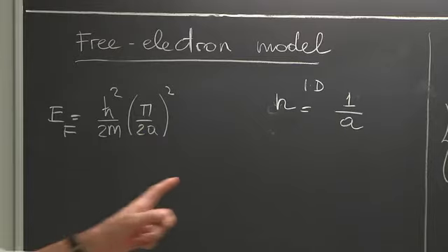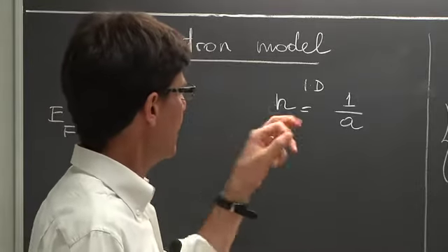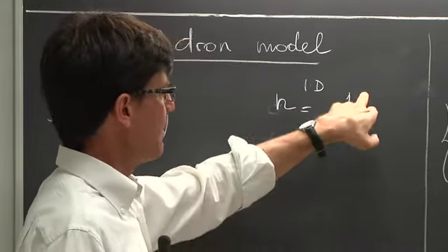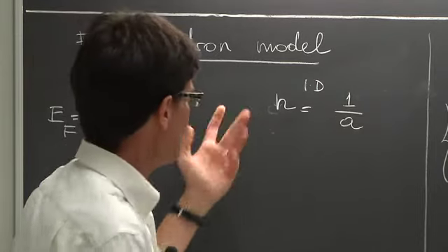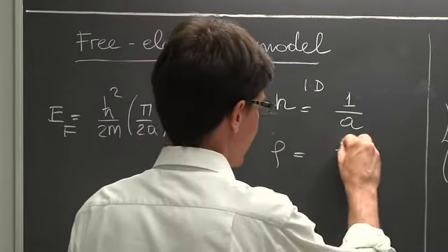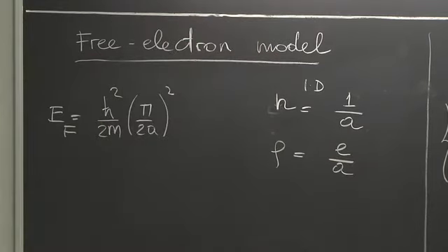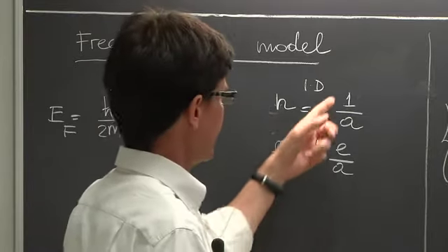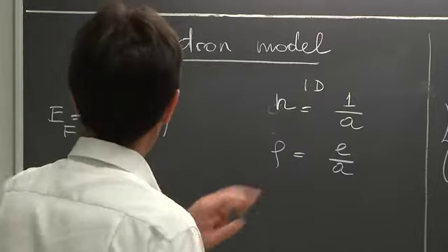I'm talking about number density, right? I'm not using rho. I don't know what kind of notation is used in general, but by n, I typically mean the number density, so the number of electrons per volume. Sometimes you may wish to use rho, the real density, but then density would be E over A. I mean, it depends on the notation, of course. This is the charge density, this is the number density, the number of electrons per A. Let me use the number density, 1 electron per A. Which means for a one-dimensional system,